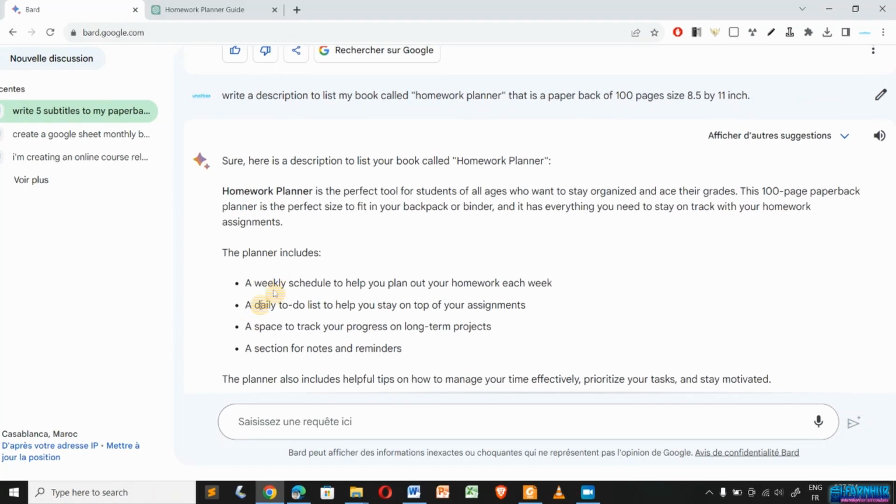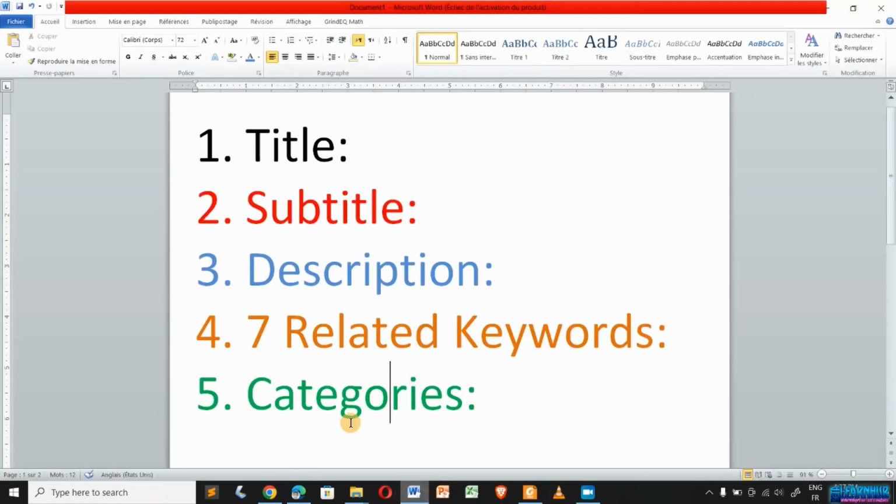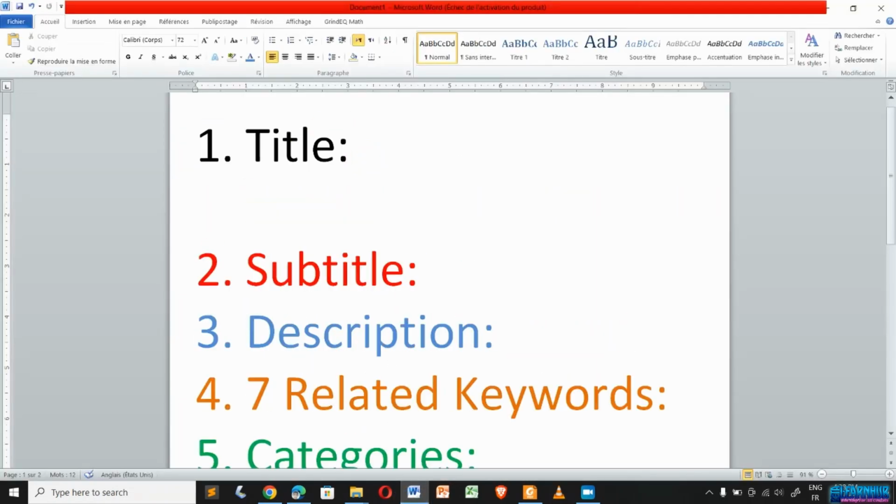So now you have learned how to create a good description. Just make a spreadsheet or a sheet like this, and after writing, for example, homework planner, do the same for the subtitle and description. Now for the